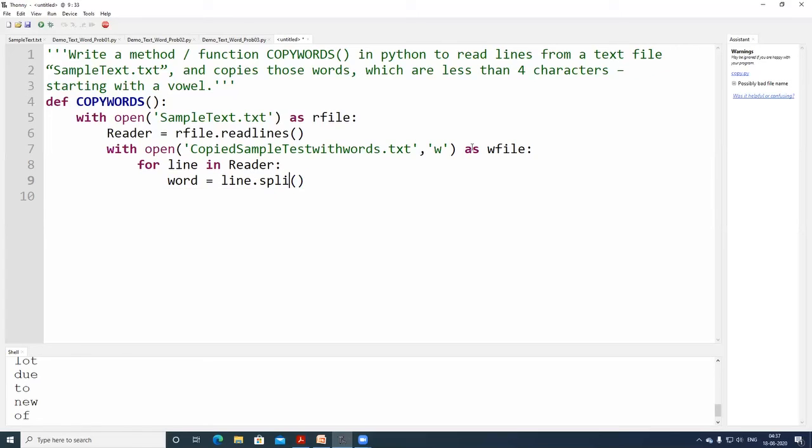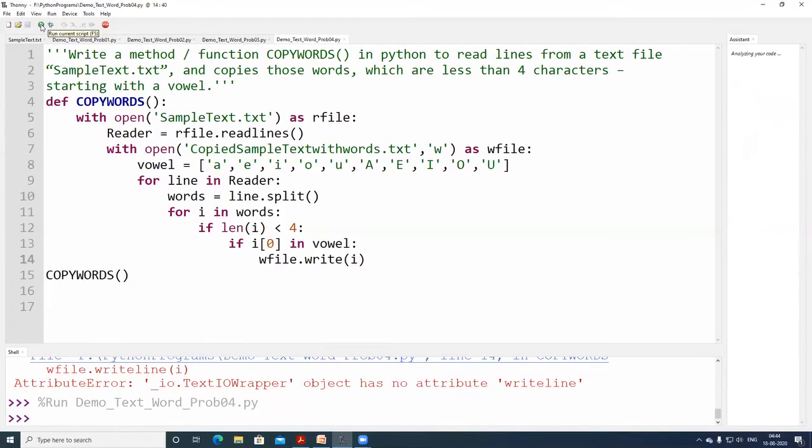I have to use split. Once this is done, I traverse the entire list of words. When I give the write command, wfile.write, it writes the content to the file.